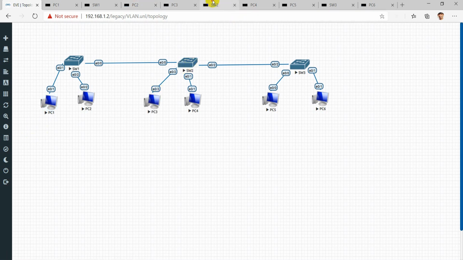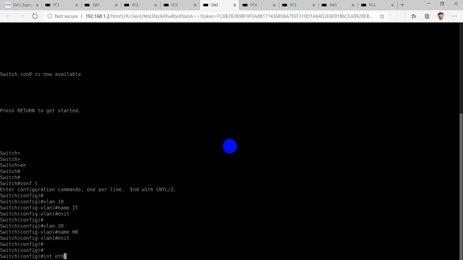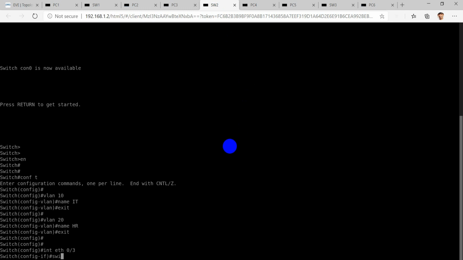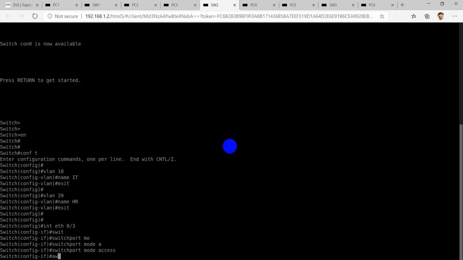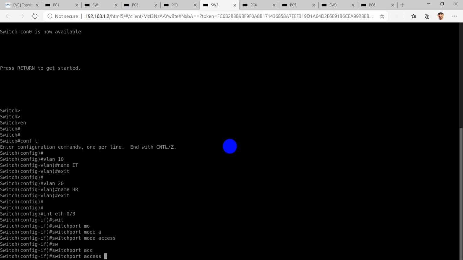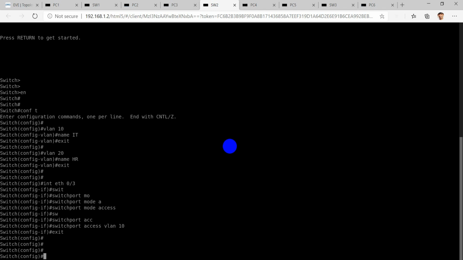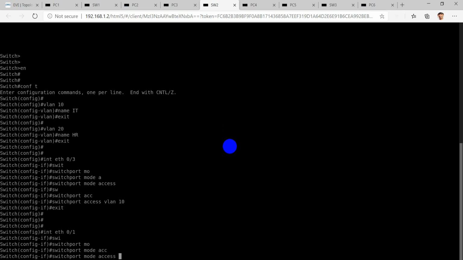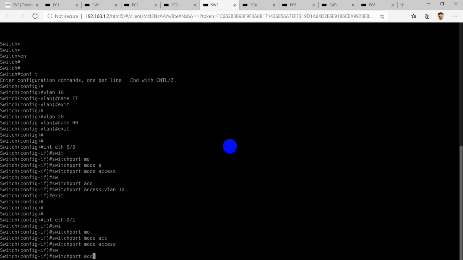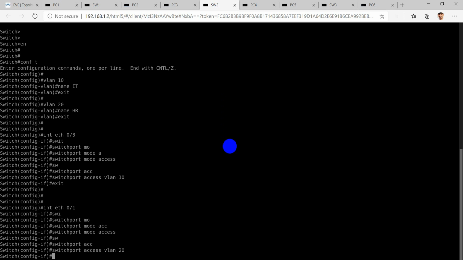So let's go on to the switch. In the interface Ethernet 0/3, we'll say switchport mode access, and switchport access VLAN 10, as it's the third PC. We'll exit. Then on 0/1, switchport mode access, and switchport access VLAN 20.